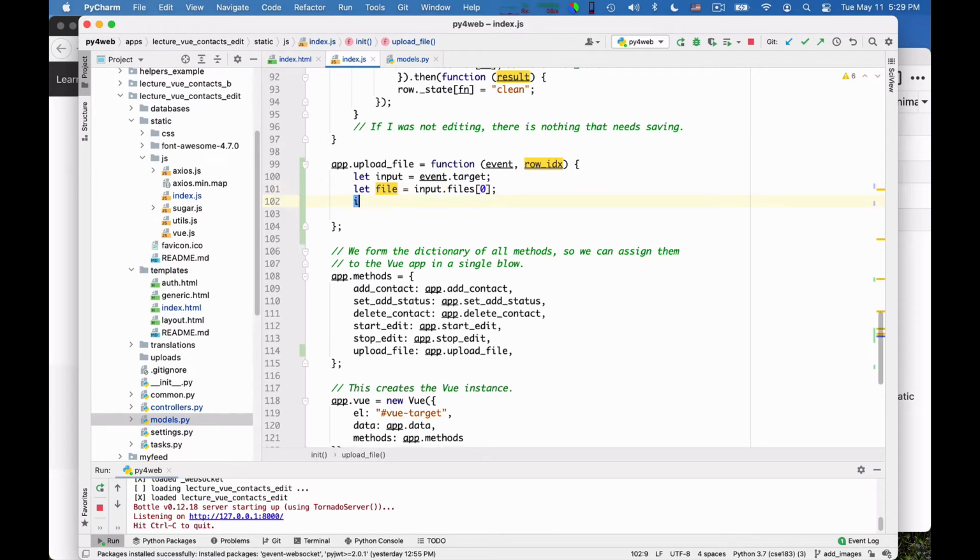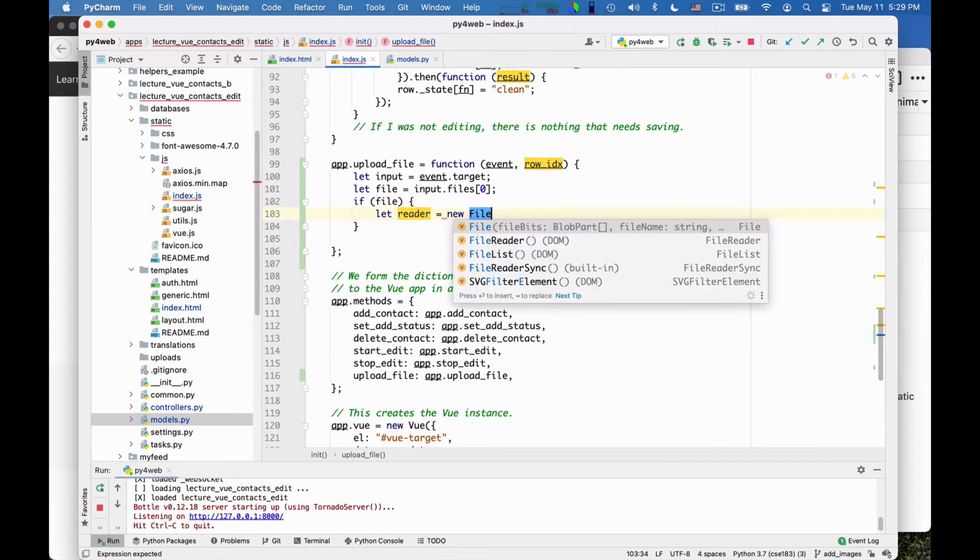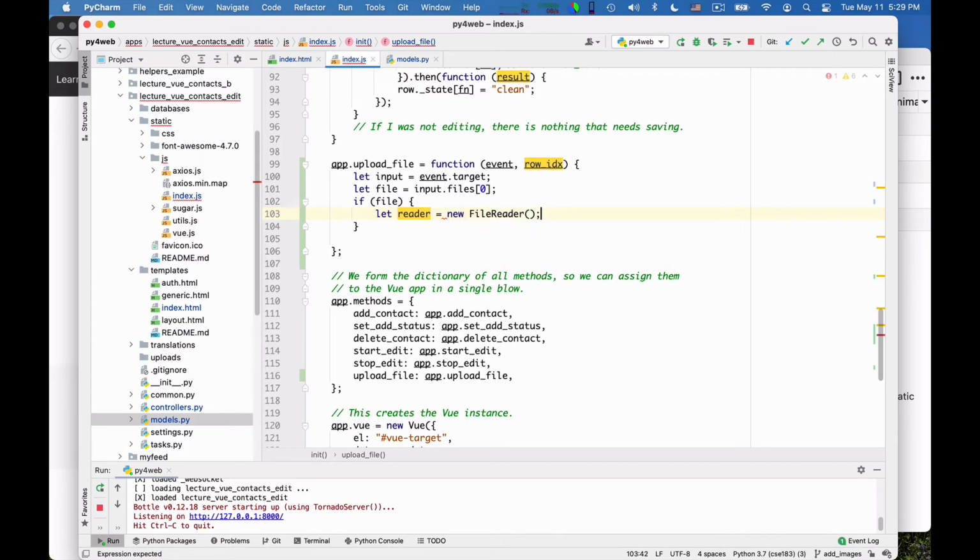So I say if file, I want to do this only if there is a file, obviously. And what do I have to do? I have to declare a reader. Let reader is equal to new file reader. Okay.